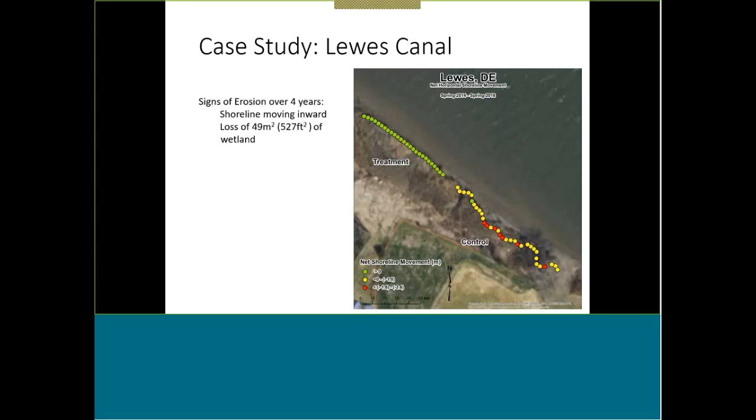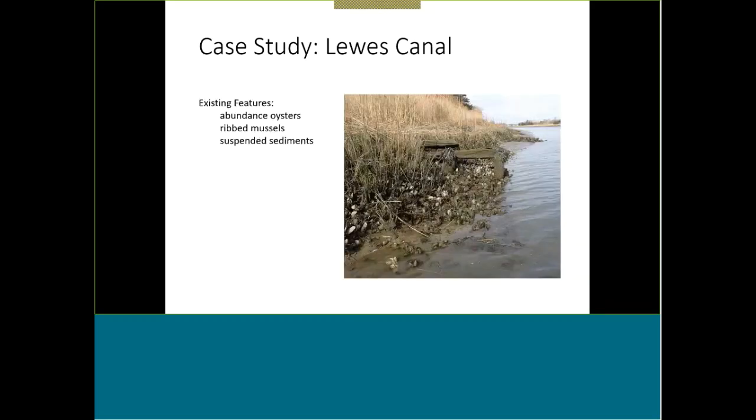So we've lost 49 square meters in this one particular area. This shoreline is about 115 feet long, and we've lost a significant amount just in the last 4 or 5 years. Some of the existing features that we want to take into account when we're designing this project: